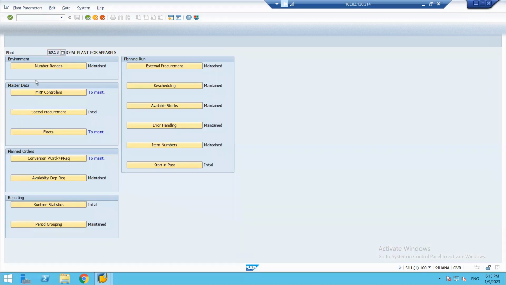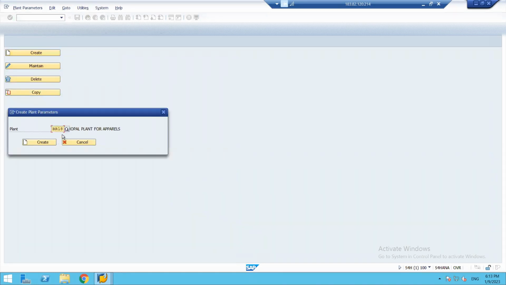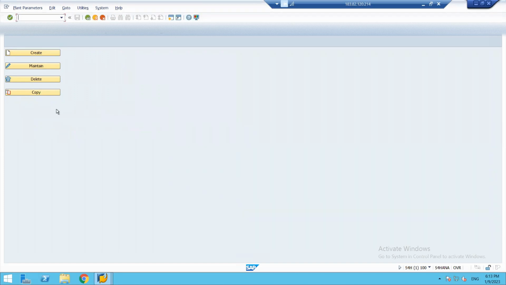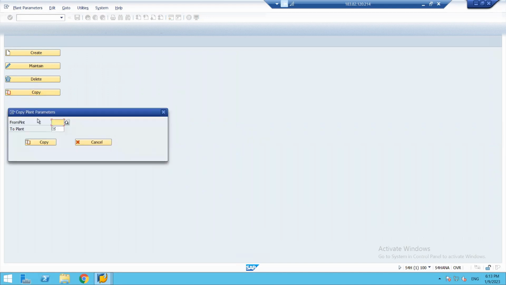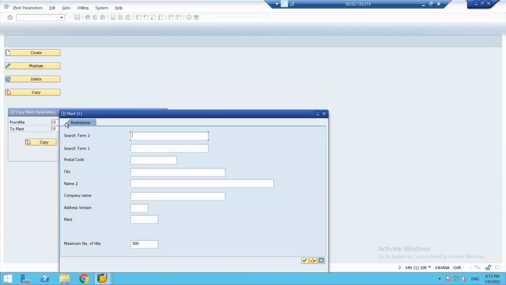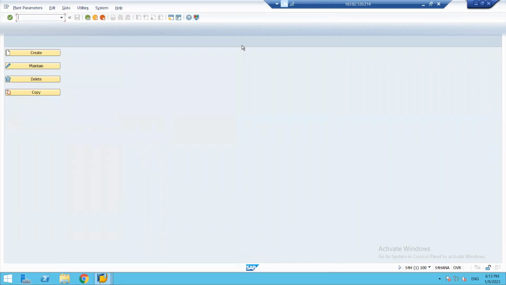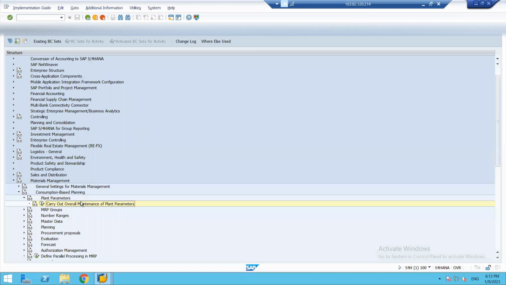MRP control, we need to maintain all the parameters. We can create it. We can create our own parameters, or we can just copy it. That is the best way. Now, after maintaining the parameters,